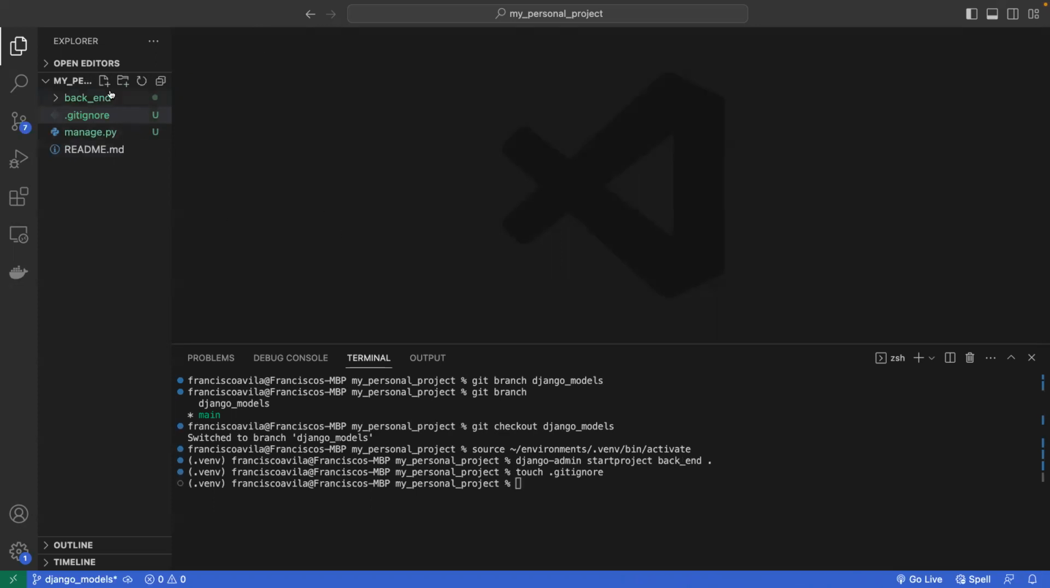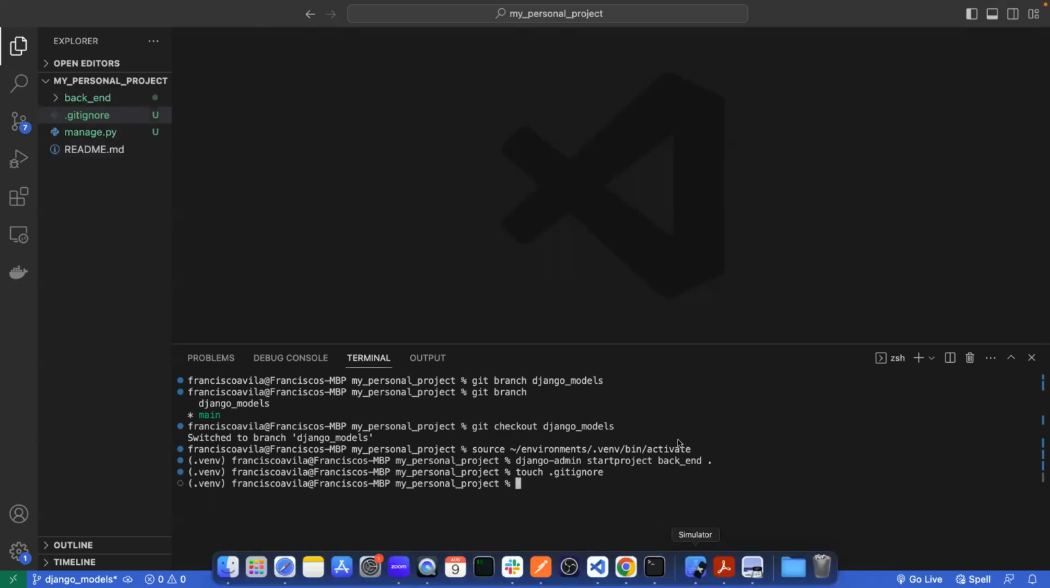Okay, well, now that I have this information and I started a project, I can go ahead and push it to my Django models branch, right? I can do git branch to make sure I'm in the correct branch. We can see that I'm in Django models. And now I can say git add, git commit -m start